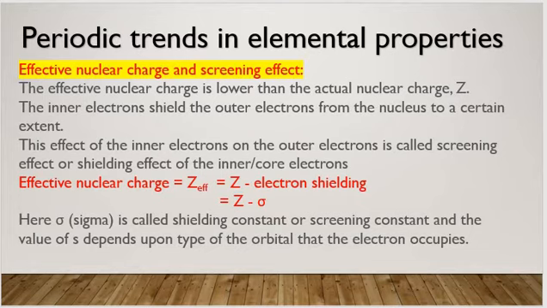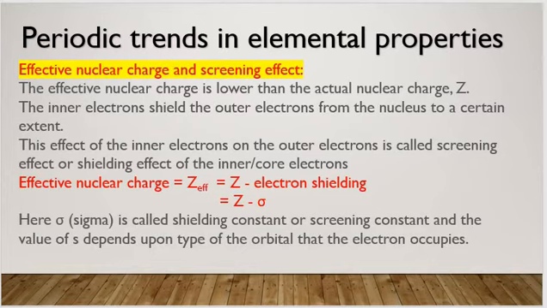This results in the pushing of outer shell electrons farther away from the nucleus. The outer shell electrons are held less tightly by the nucleus. You can say here the attraction of the nucleus for an outer electron is partially cancelled. It means that an outer shell electron does not experience the actual positive charge present in the nucleus.